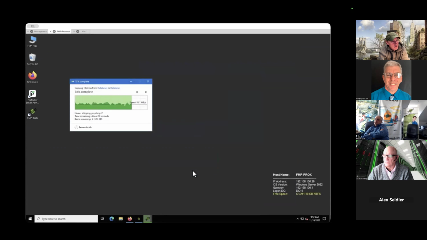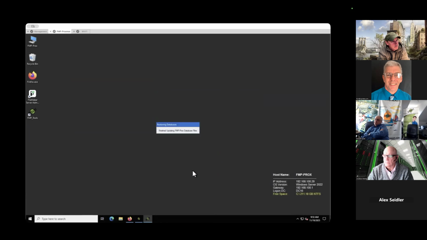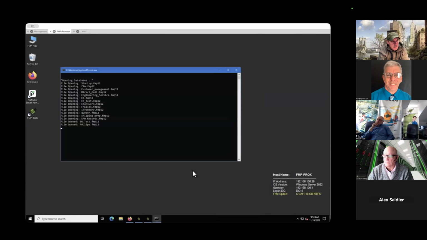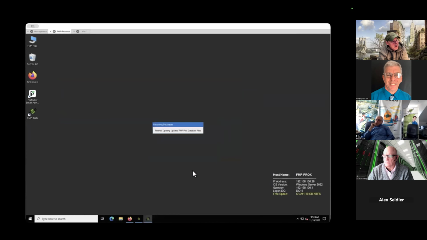And I don't tab dance, so, but we're almost there. There we go. So once the copy's finished, the databases are opened. The tool verifies the number of databases are the same as the numbers that exist on the server. And the timer is going to pop up and show us the total time for the restore. Survey says 4 minutes and 1 second.